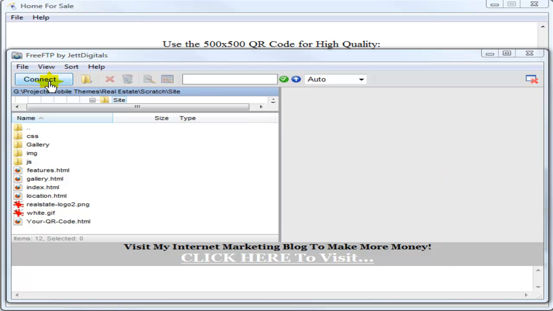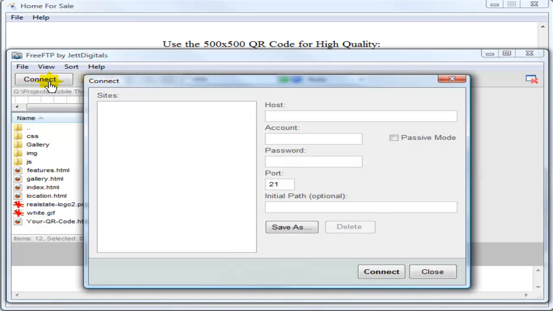There is a connect button. We will do a connect, and when you first open this, it's going to be blank. All right, so the first thing you do